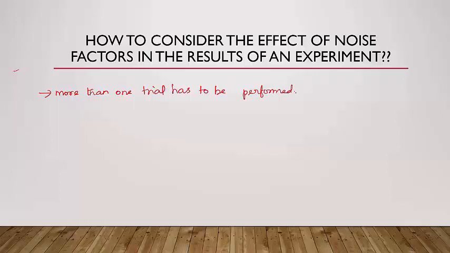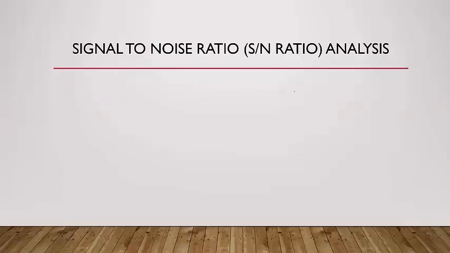In a particular combination of input factor settings, if the deviation in the results across all the trials is minimum, then we can say that the experiment has been conducted in a controlled environment with minimal influence of the uncontrollable factors, that is, noise factors. In signal to noise ratio analysis, signal means